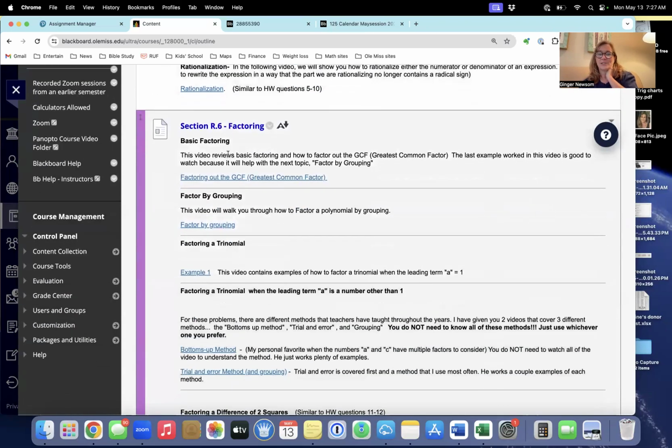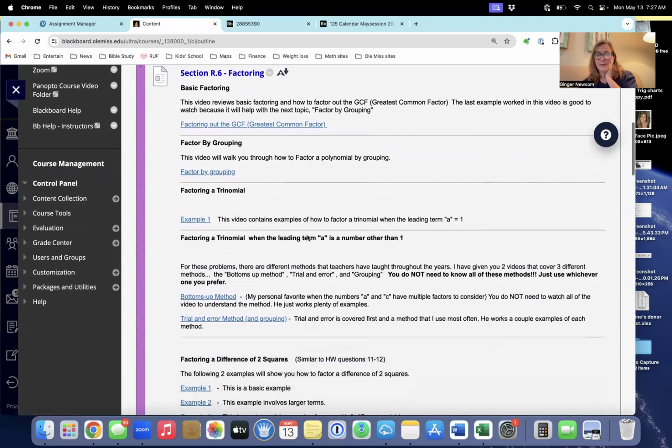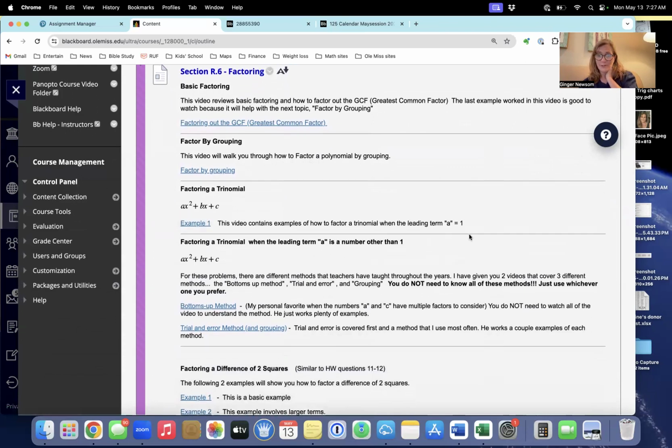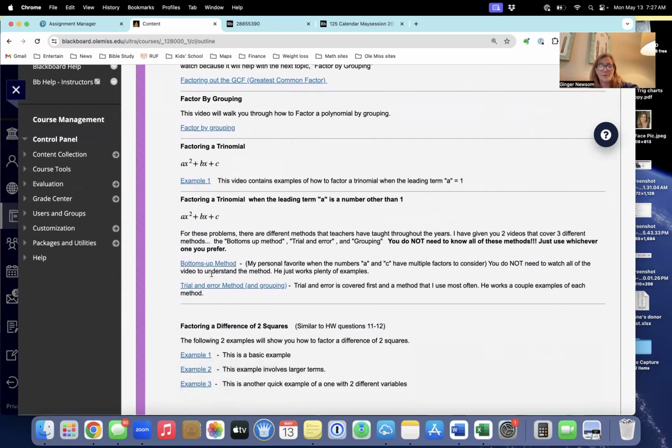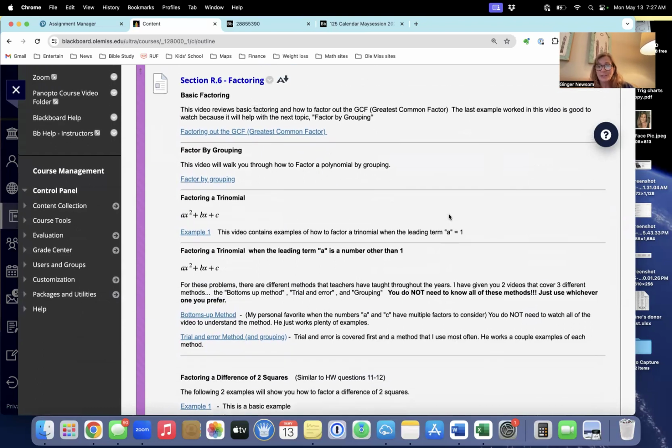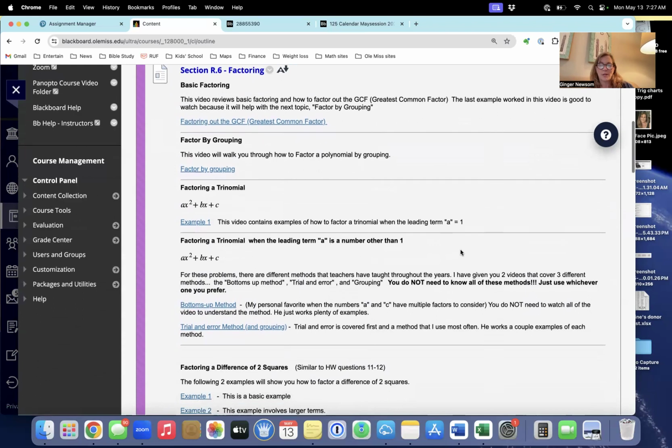section. Section 2 is factoring. These are different ways of factoring, right? Some people are not very good at factoring. You didn't have a great base back in high school. So these are definitely showing you, look at that, the bottoms, that these are different methods, trial and error, that you can look at. They're just there to help you, okay? To help you get through the homework.